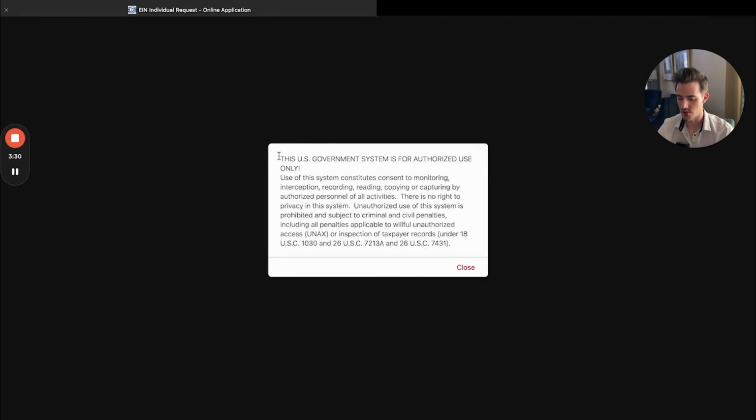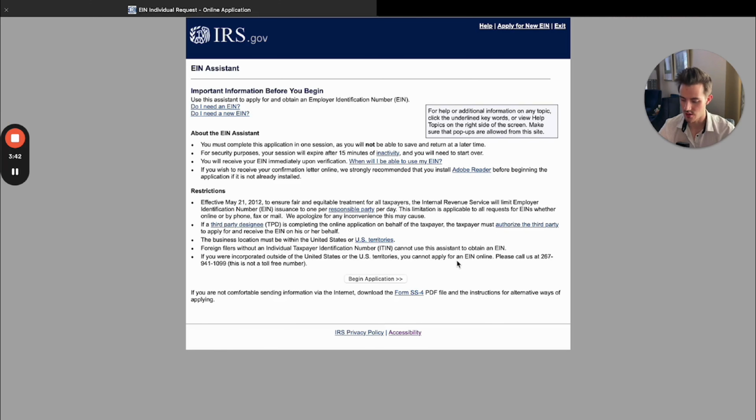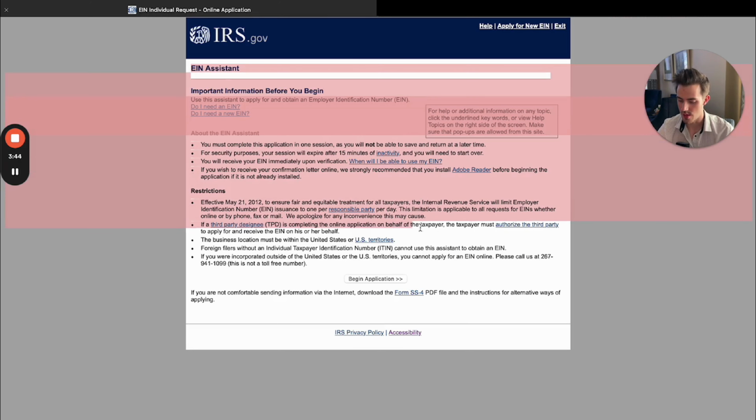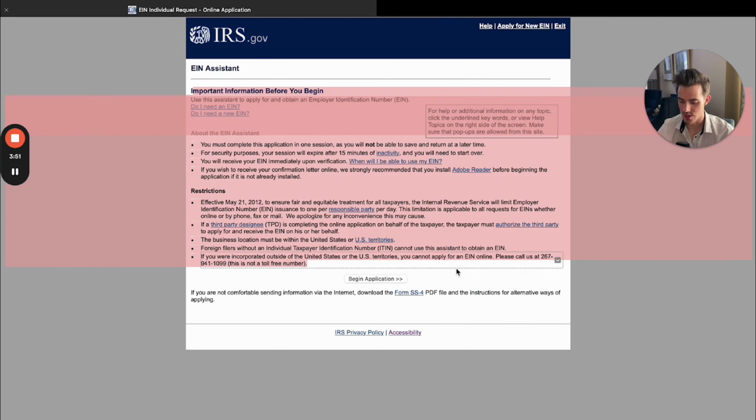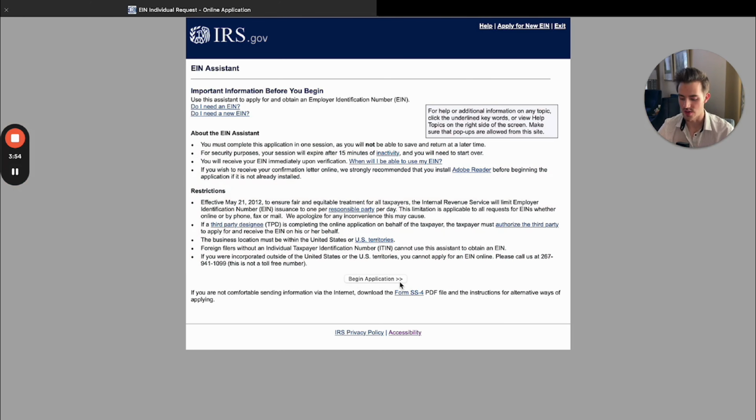Once this all loads in, you will probably have a wonderful little warning pop up right here. This is nothing to worry about. This is just the government telling you it's a government thing, etc. We can go ahead and close that. And this is the beginning of your online EIN application. This is a bunch of information that we don't have to worry about, and we can just hit this begin